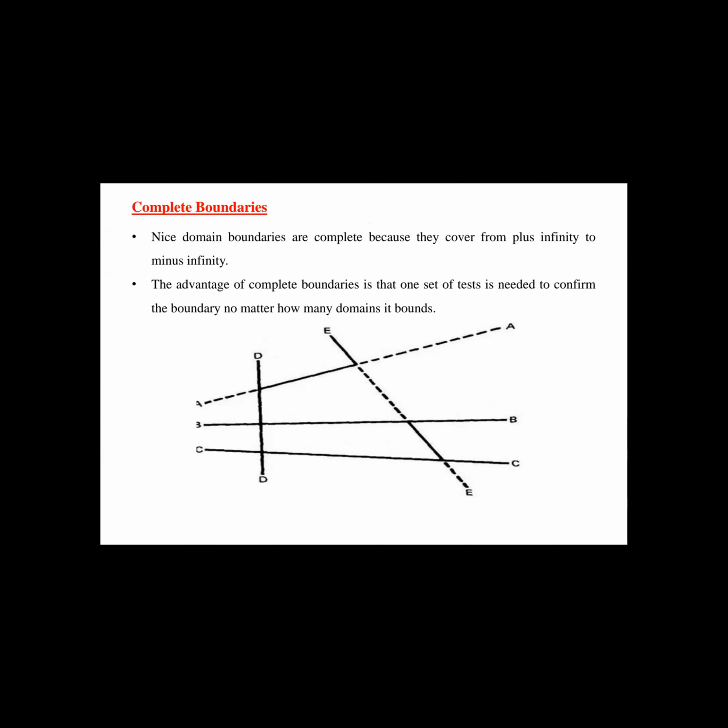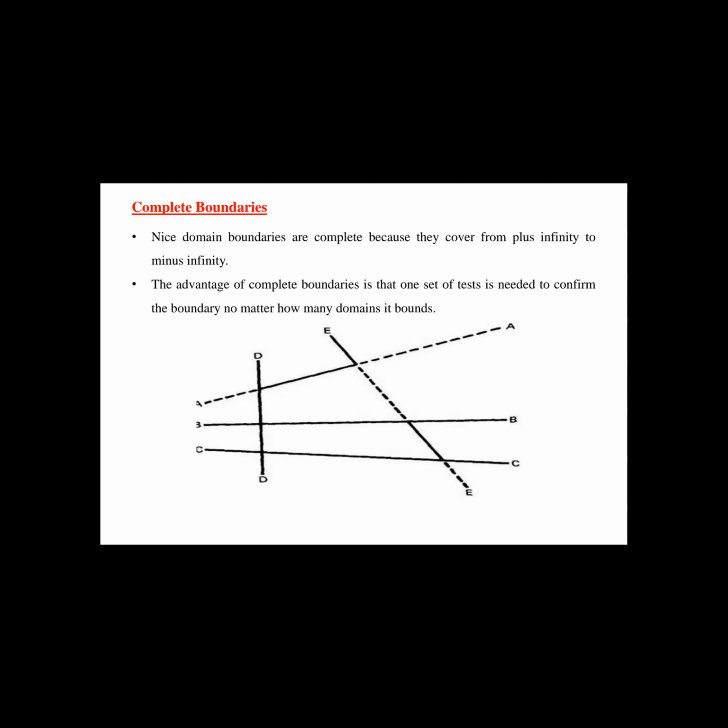See the diagram, these are some domains, A, B, C. We are taking variables called A, B, C, D, and E. Here the boundary is represented from A to A, B to B, C to C, D. The example of a complete boundary is C, D. It does not have any gaps while representing the boundary. So that is called the complete boundary. Coming to A to E, it has some gaps. That is not a complete boundary. It is called an incomplete boundary.